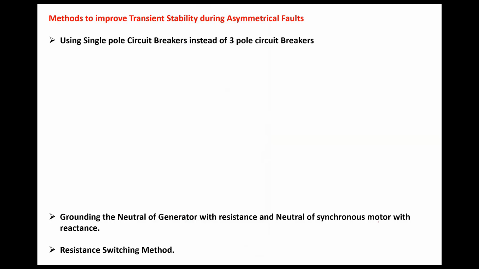So we have discussed in the last class methods to improve transient stability. But in the entire stability analysis, we assumed our disturbances or faults are three-phase faults. That means the fault or the disturbance will affect all three phases equally. Understand? So whatever short circuit fault we have considered, it is a three-phase short circuit fault, and we have done the complete analysis assuming that our disturbance is a balanced disturbance and our faults are